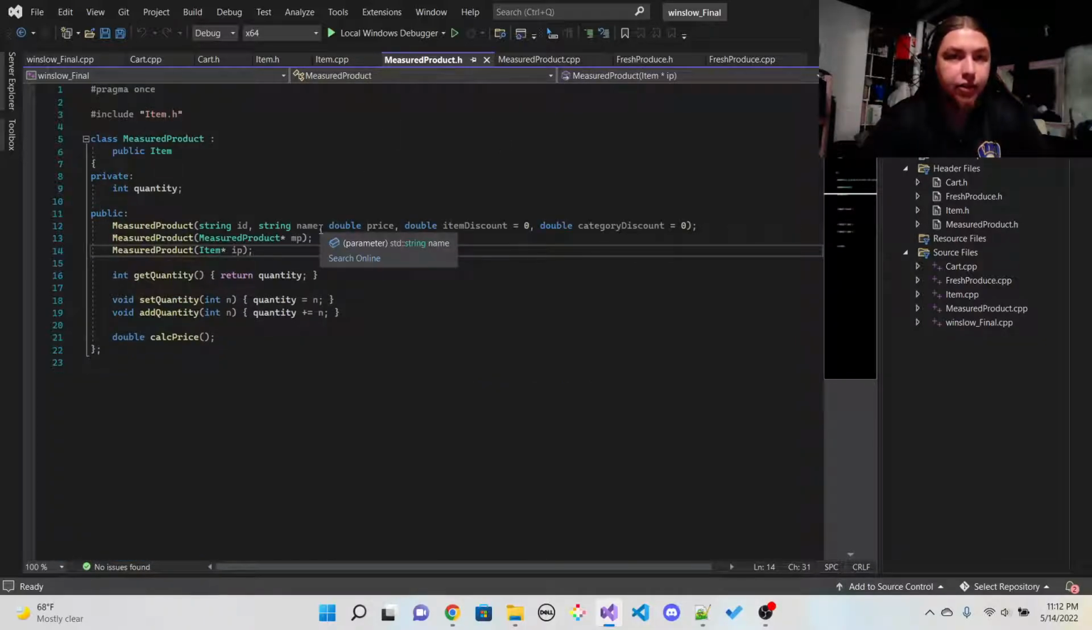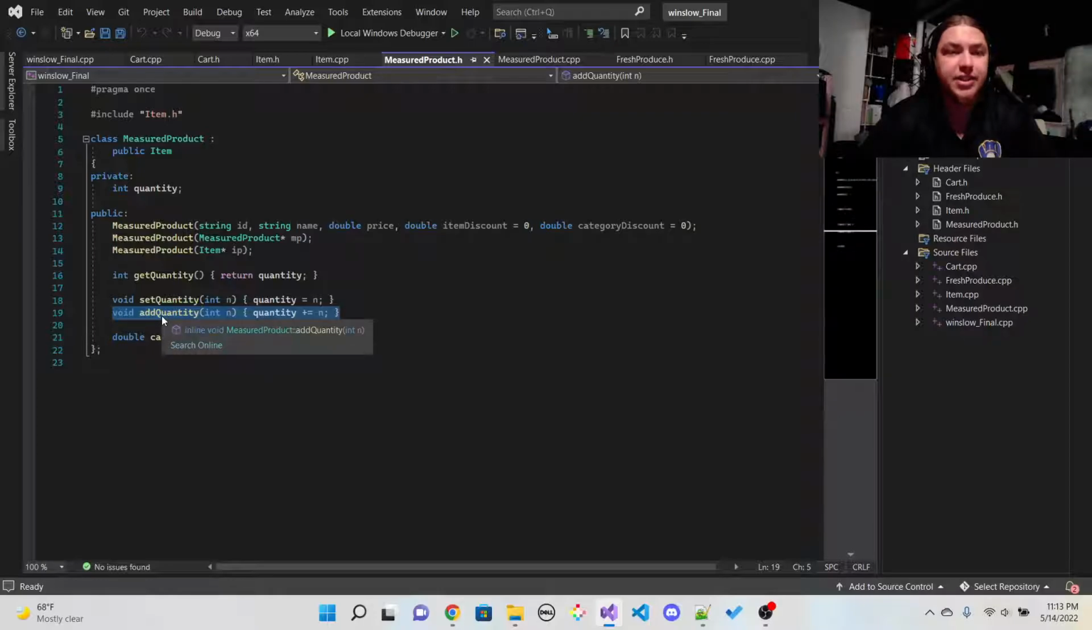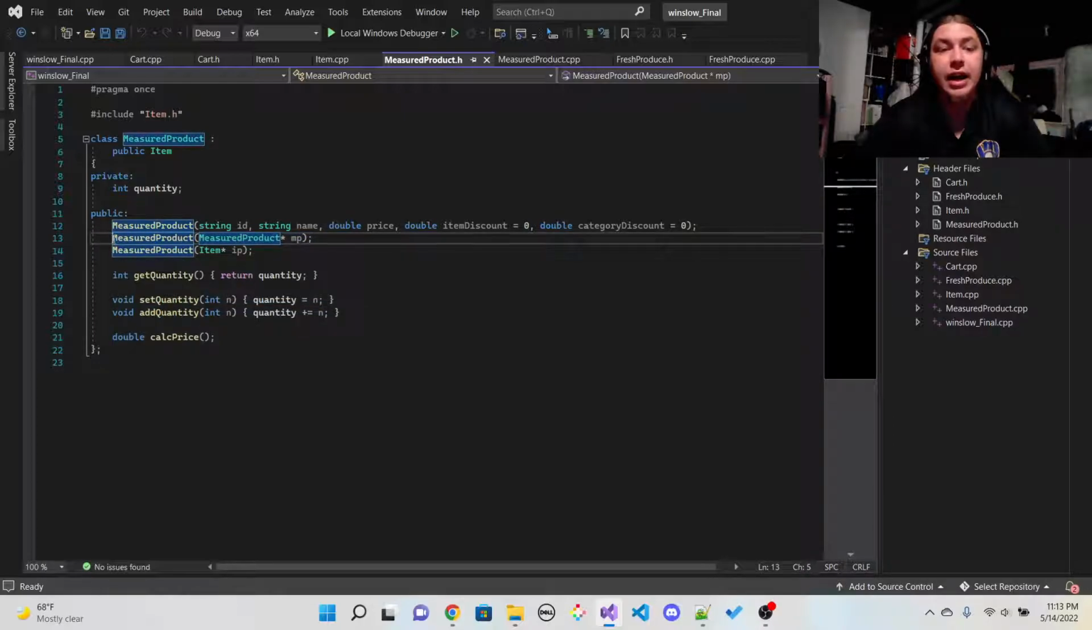As well, for the measured product and fresh produce, I added functions where instead of setting the quantity or pounds, you can add to it, and this simplified some of the stuff also. And also I have copy constructors, where you can give a pointer to that specific item type,